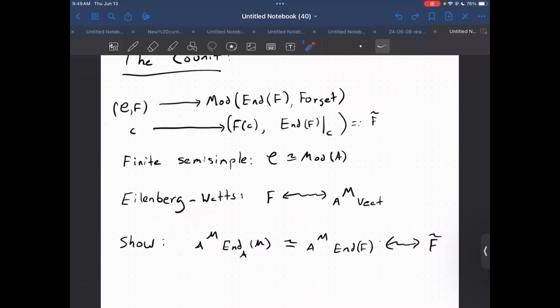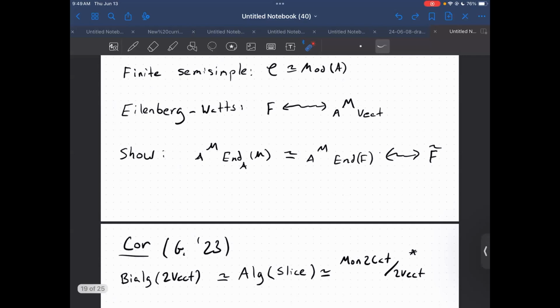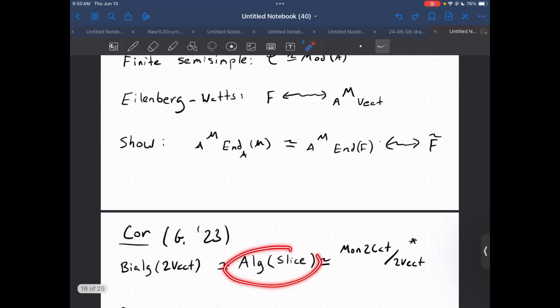For the tau that I need in the definition to fill the triangle, I can just take the identity-components natural transformation. So we now know that the two-category of algebras and this slice two-category are symmetric monoidally equivalent. And so we can begin deducing consequences. So we have a bi-algebra in 2Vec. That's a co-algebra in the category of, let's say it's an algebra in the category of co-algebras. They're the same. That's the same thing as algebras in the slice. And then you just compare axioms.